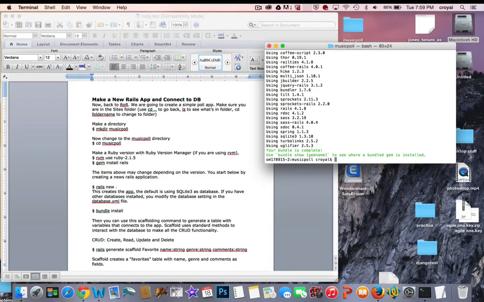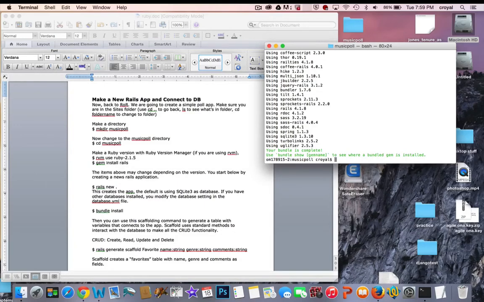So next we want to look at what the application does. It sets up what they call CRUD. It's the functionality that creates, reads, updates, and deletes records on your database. When you have a database, you want to be able to create a record. You want to be able to read that record if you need to go back to it. You need to be able to update it if something has changed, and you want to be able to delete